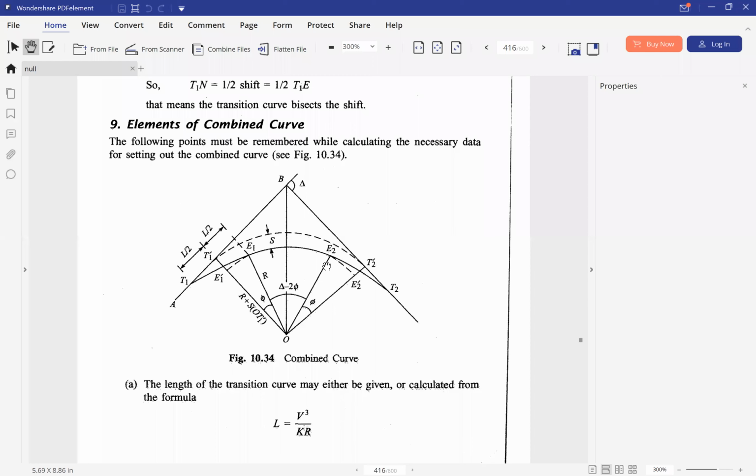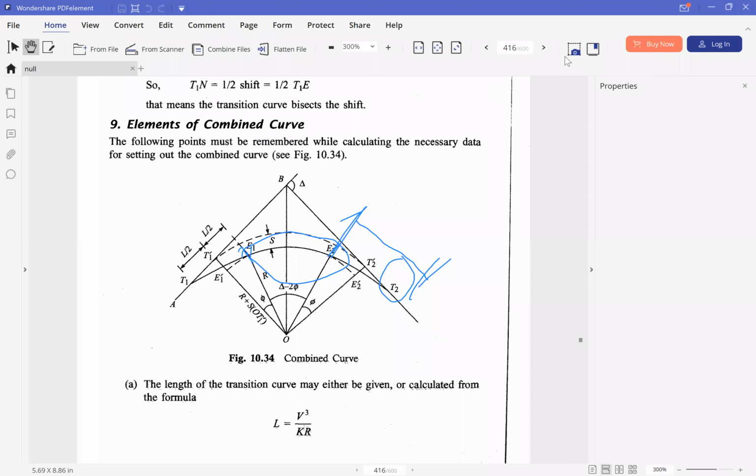And the change of the second junction point E2 will be equal to the change of this first junction point plus the length of this circular curve. And then the change of E2, that is the ending point of the curve, will be equal to the change of the second junction point plus the length of this second transition curve. And then you need to